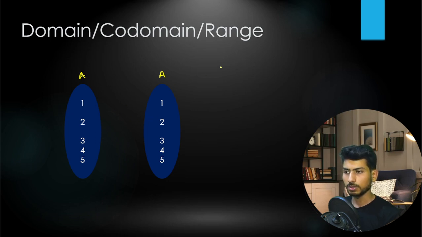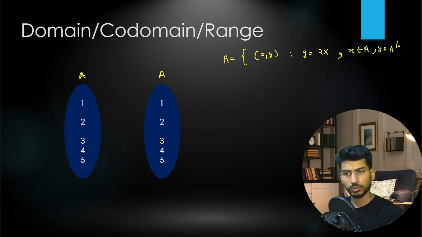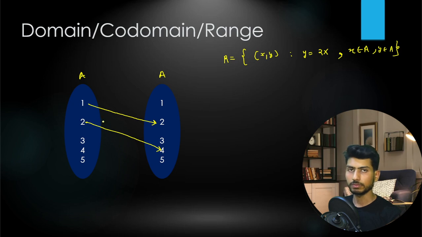You understand mapping now, means you are defining some relation like this. A relation contains elements like (x, y), where y is equal to 2x, such that x belongs to A and y also belongs to A. Like this. So if I give you a relation, maybe you define y equal to 3x. If I give it to some other person, the relation can be different. It isn't fixed; it will be different person to person. So if I do this mapping, then 1 is going to map with 2 and 2 is going to map with 4. Only this, not others.